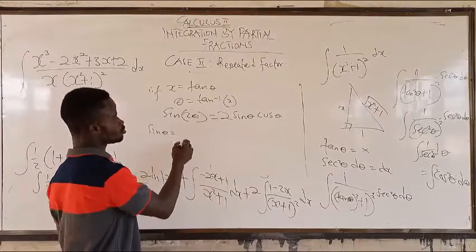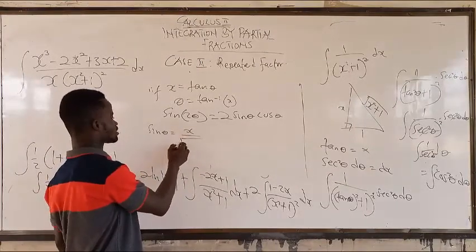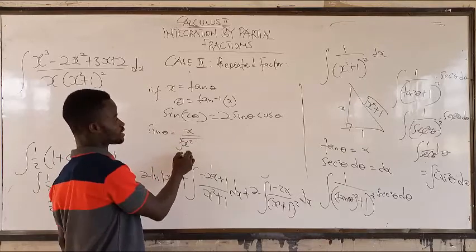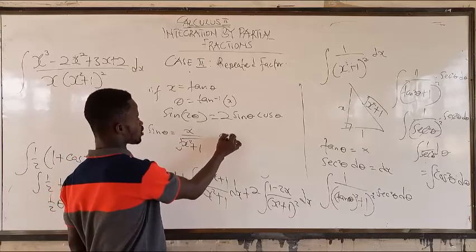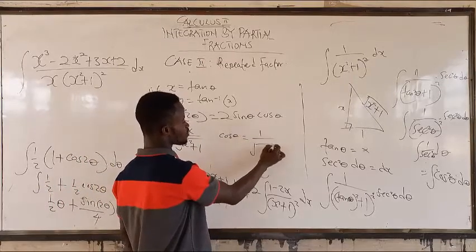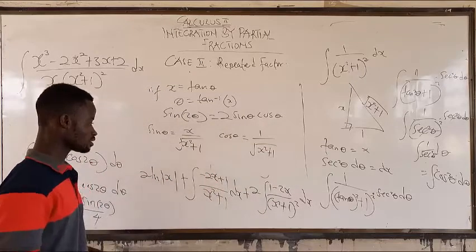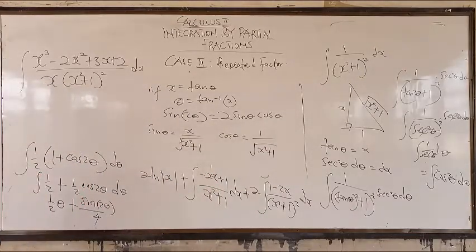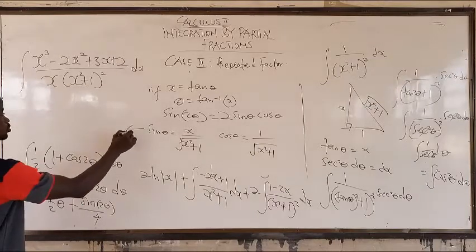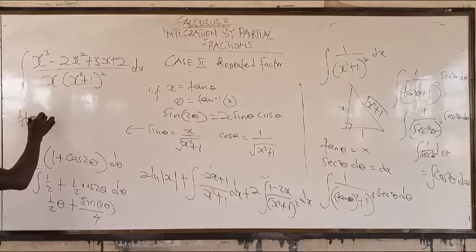Sine theta is going to be S over R. That is opposite over adjacent. Then cos theta is going to be adjacent over the hypotenuse. Alright? Very good. So we are going to get that to be half tan inverse of S